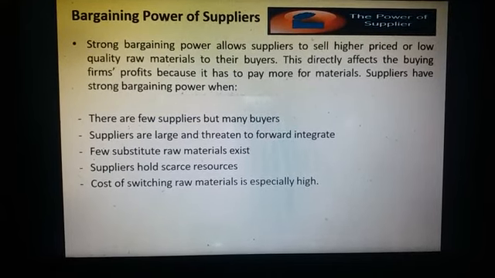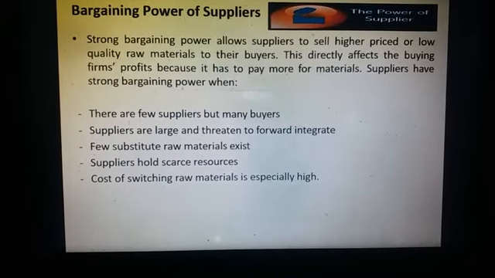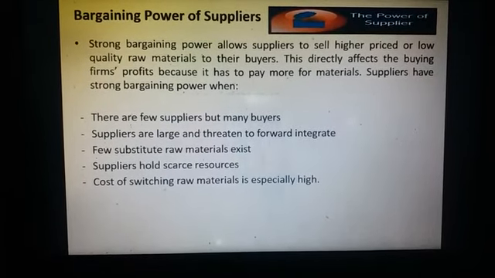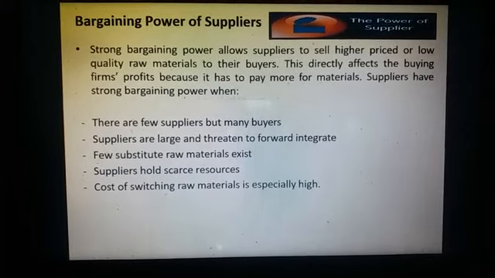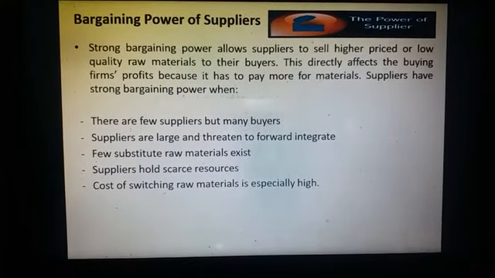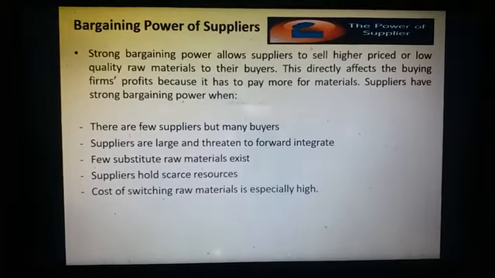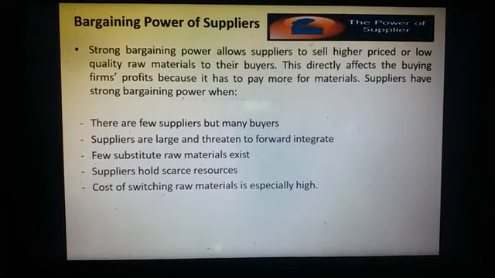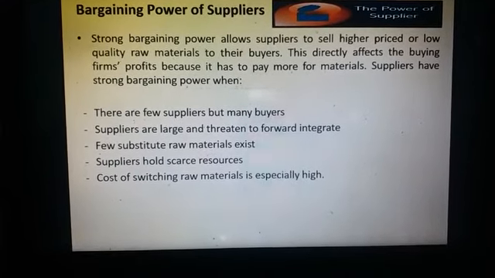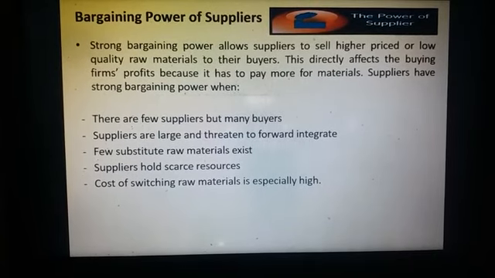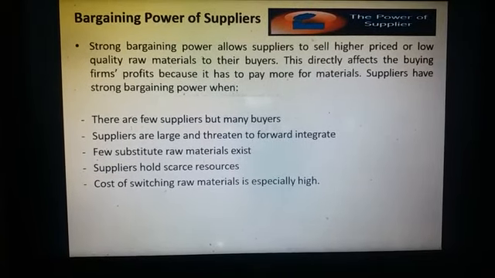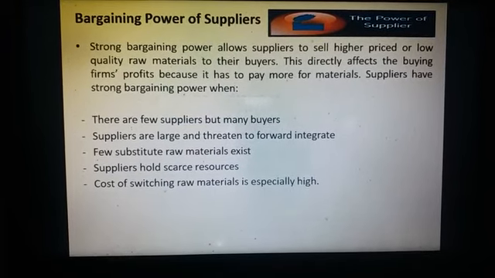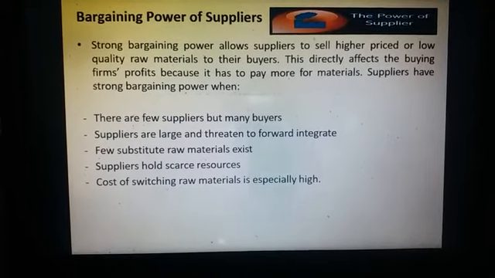Next comes the bargaining power of suppliers. Since the company needs raw material, every company needs raw material to survive for producing, therefore the producers have to build a relationship with its suppliers. When suppliers have the power in their hands, they can exert influence on the producing items by selling them raw materials at a higher price. Obviously, if the suppliers are very few and buyers don't have a choice, definitely they will go to a supplier whichever is readily available. Now, these days, what companies are doing is getting the raw materials from different suppliers at a fixed rate, whatever is mentioned in the catalog.